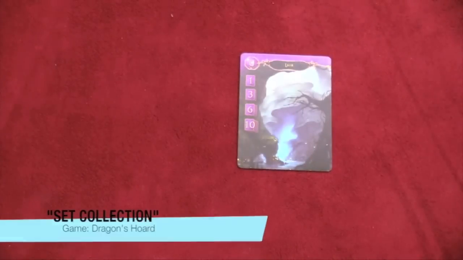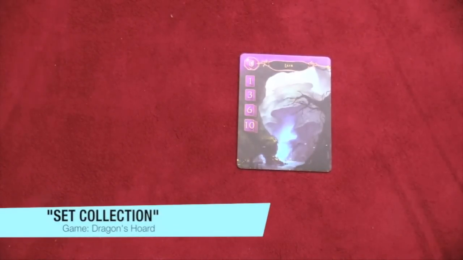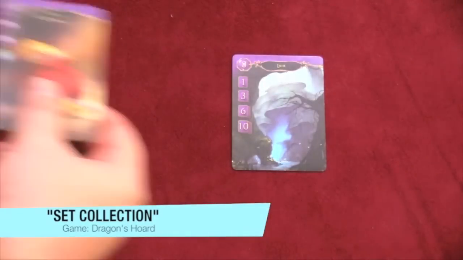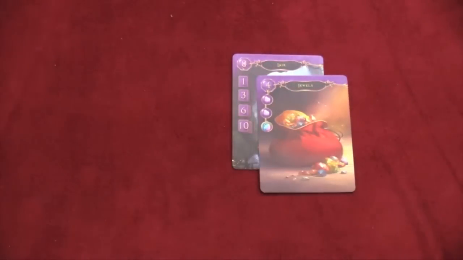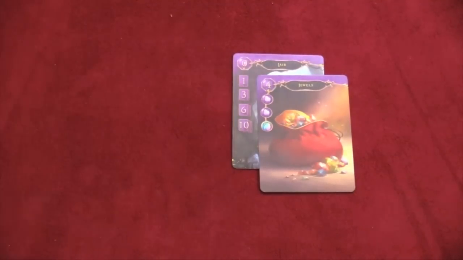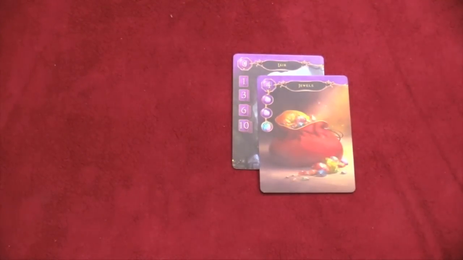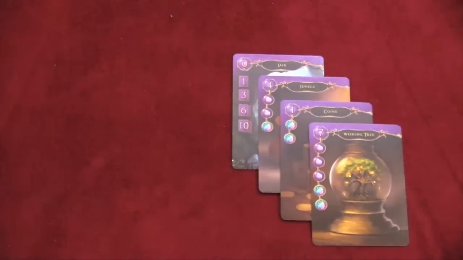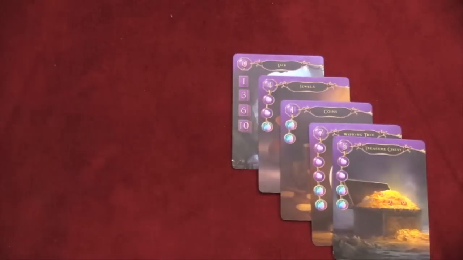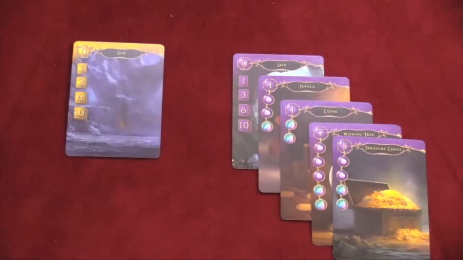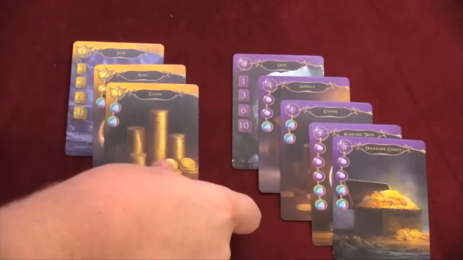In a set collection game, players are trying to collect sets of tiles or cards, usually to get points at the end of the game. In this game, for example, if I have a layer and then I also get another purple card, I will get 1 point for having this card in my layer. I also get points for having the jewels themselves. And different cards can increase. If I got 3 purple cards here, I'm going to get 6 points. And if I have 4 purple cards, I'll get 10 points. In many set collecting games, the more cards you get of a specific type, the more points you're going to get.